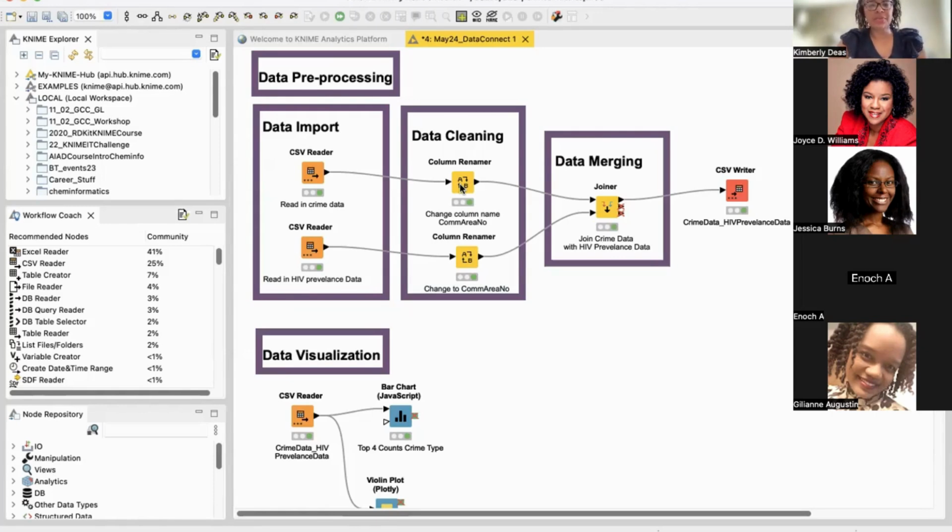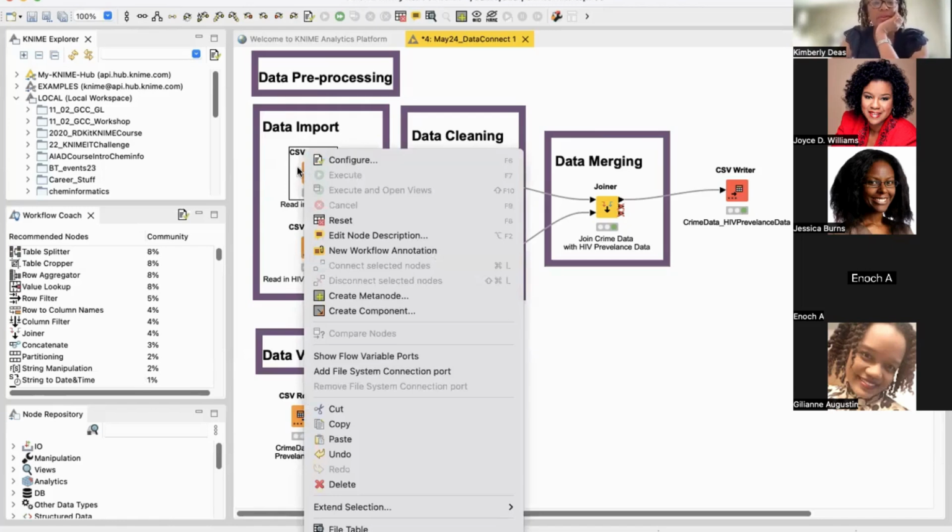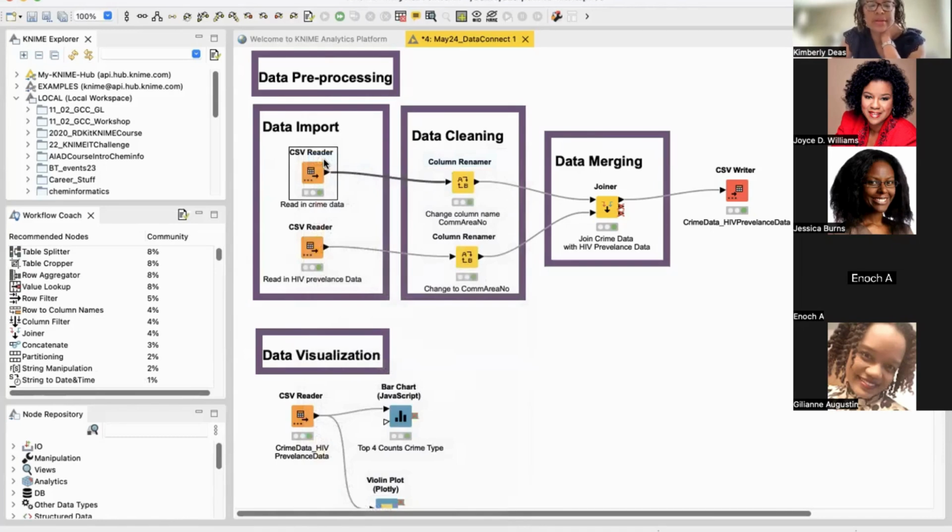All right, so I'm going to go a little bit more into how we could configure a node in KNIME. Let's hope my mouse is working. Great, it's not. Okay, there it is. Can everybody see the other spreadsheet, or does it still show the KNIME workspace? Because I can't. It shows the new workspace.